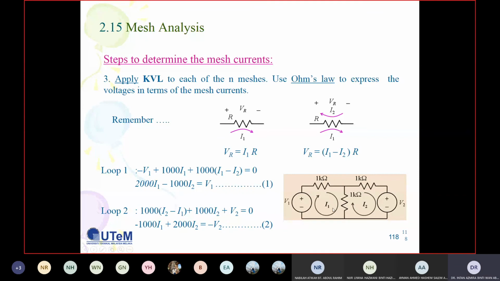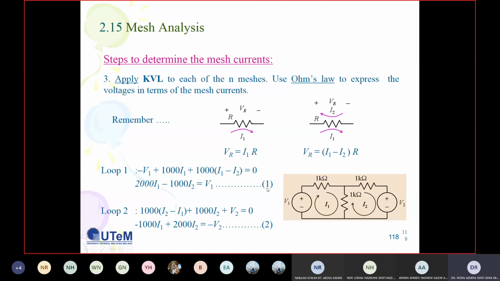Including resistance that share with other loop. Okay, so we have 1K here, so the total is 2K. So you write 2K I1, and then minus how many resistance share with other loop. Now we have loop 2 share with loop 1, so we have only 1K resistance that share with loop 2, so minus 1000 I2. If we have other loop which is loop 3, so we will have minus 1000